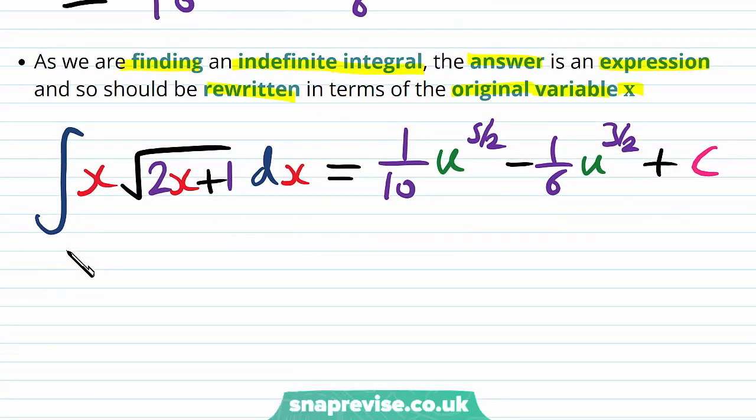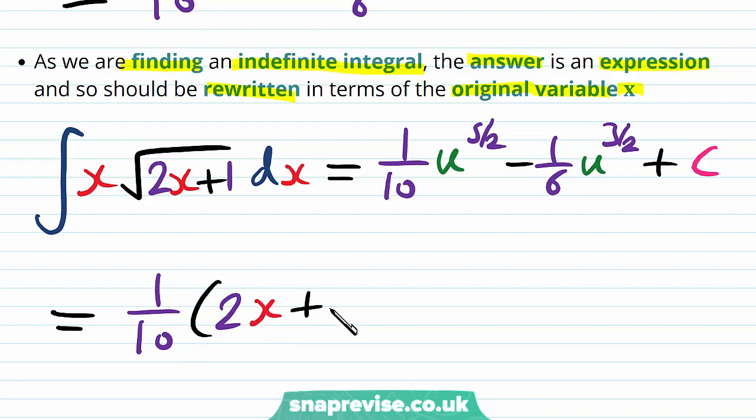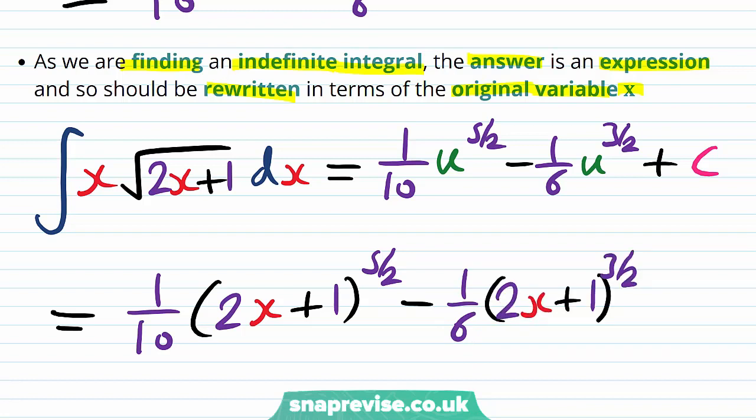But we expect that when we integrate a function of x, our answer will be a function of x. And so now we resubstitute back in our expression for u. u is equal to 2x plus 1, and so we get our 1/10 multiplied by (2x plus 1) all to the power of 5/2. Again, all we've done is put our 2x plus 1 everywhere that we see u, and then we have a minus 1/6 multiplied by (2x plus 1) to the power of 3/2, and then as always we still have